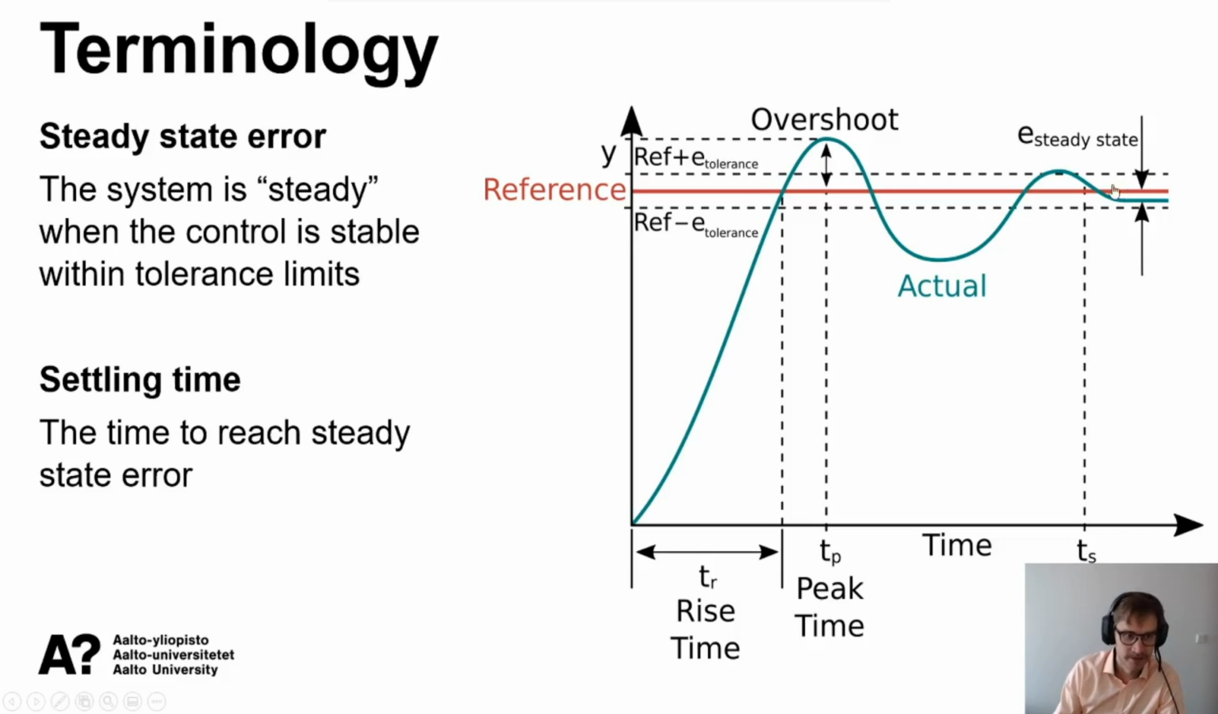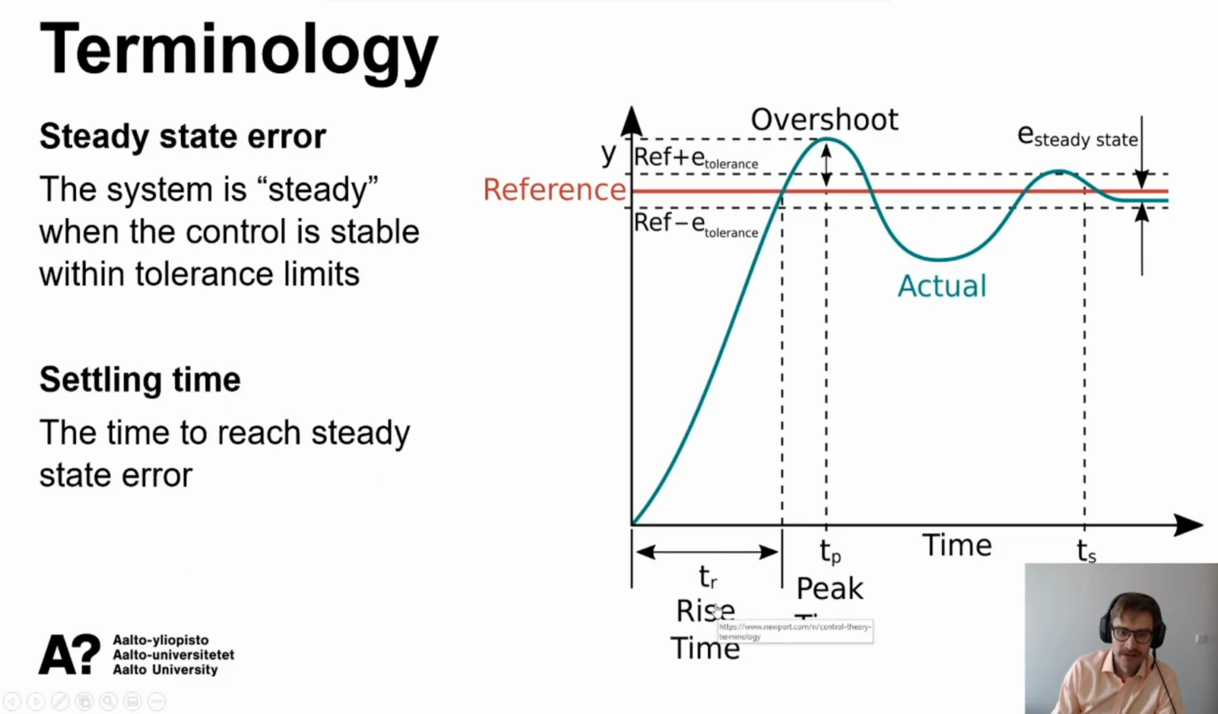Then settling time. It's the time to reach this steady state, actually not steady state error, but to reach steady state. So here we have reached the tolerance limits, or a steady state, in this time TS. The text is behind my video feed, but believe me, it's there. And yeah, so